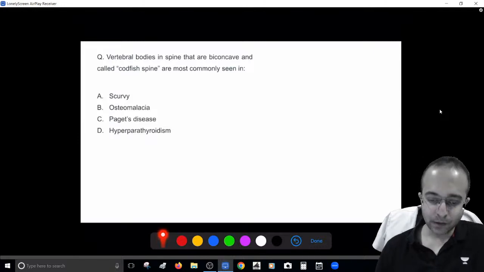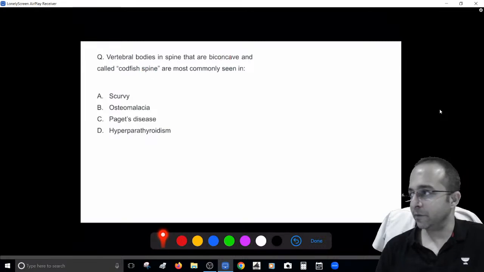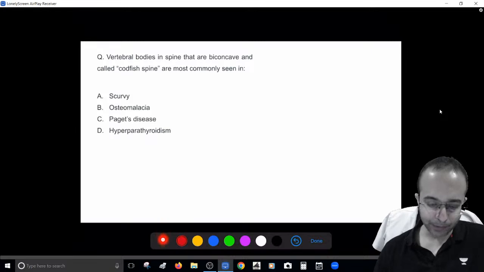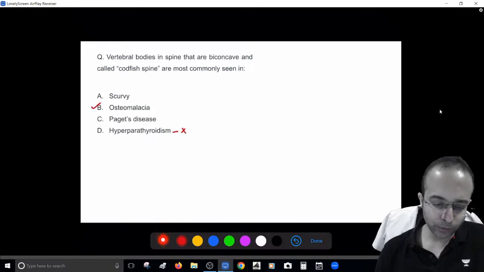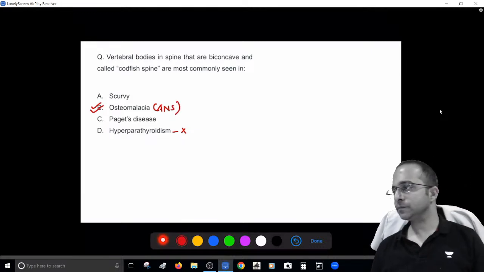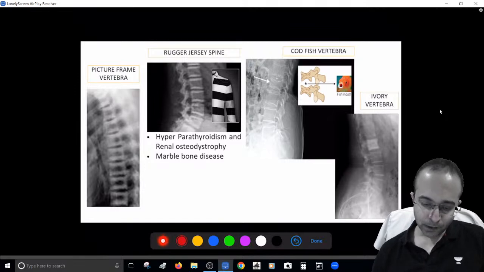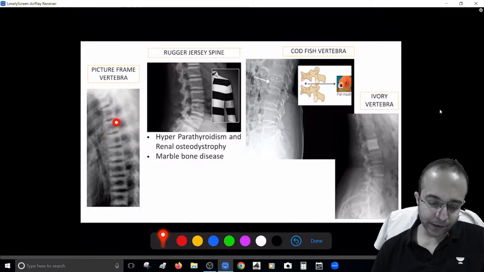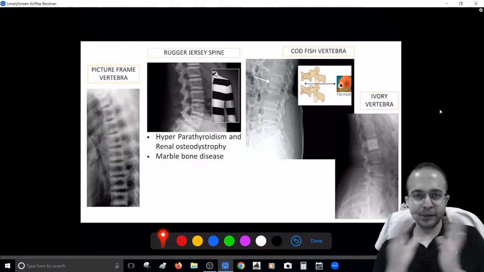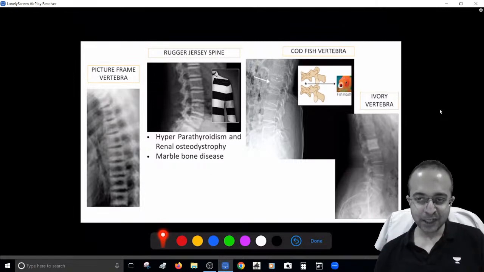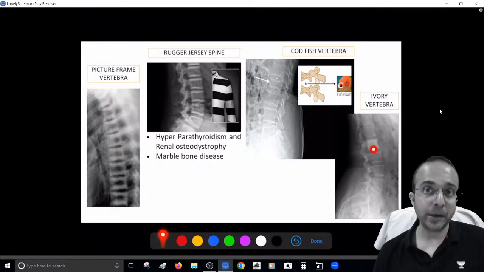Okay. So codfish spine, biconcave vertebra. B and D. Not hyperparathyroidism. No. Osteomalacia. Classical. Codfish spine. Classical of osteomalacia. I'll just show you the spine deformities also. See. If you see these picture frame type of vertebra like this, where the edges are white, it's like a picture frame of a picture. Or if you see totally white vertebra, ivory vertebra,